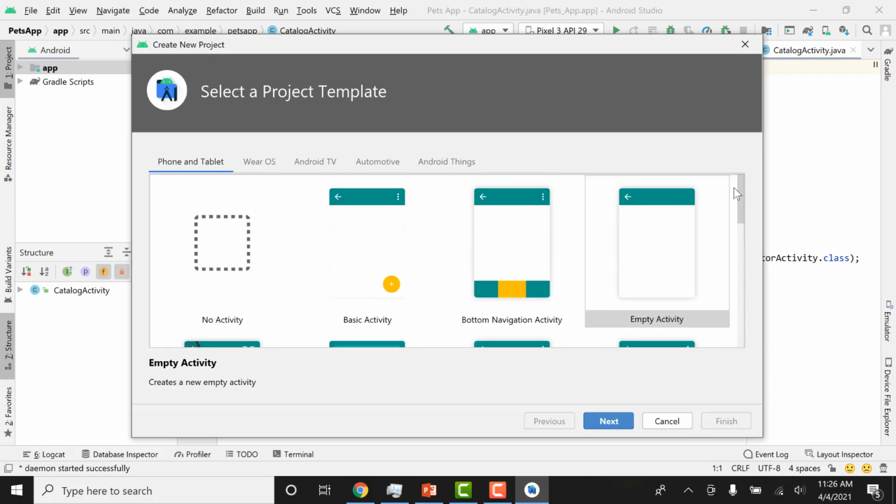But I think for now it is recommended to use empty activity. You can see that we can also create apps for smartwatches, Android TV, automotive, and Android Things. But for this course, we are going to stick to phones and tablets.